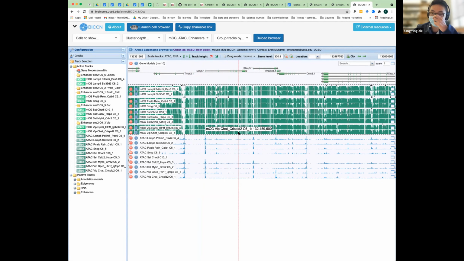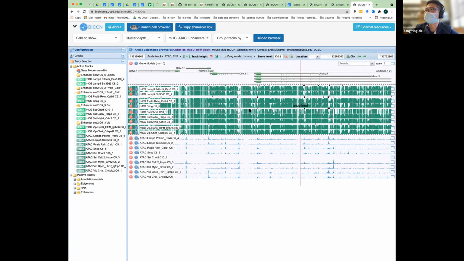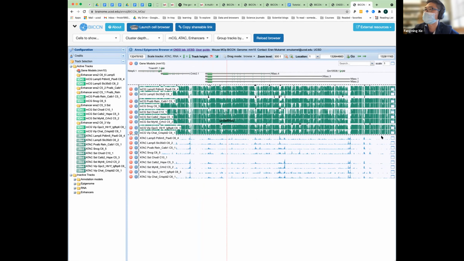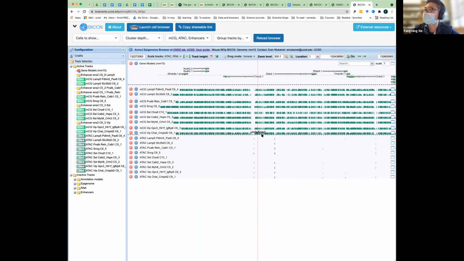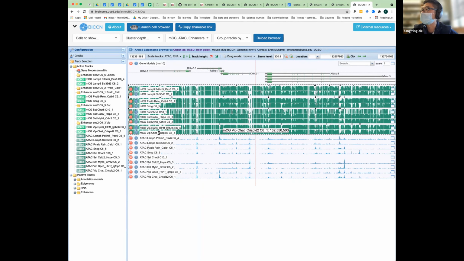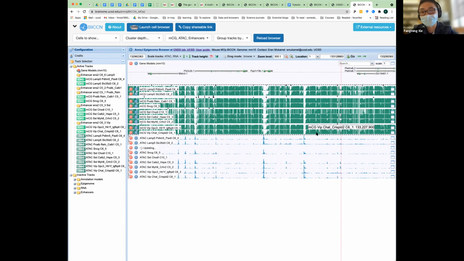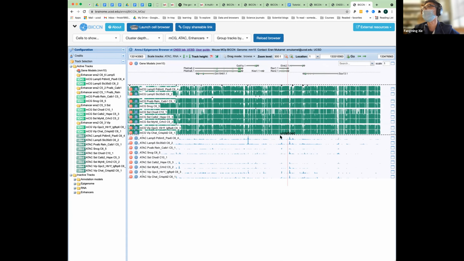First of all, you can jump to any genomic location as you want. There are several ways of doing it. You can just scroll and drag your mouse from left to right, right to left, then you can scroll through the whole genome manually like this.